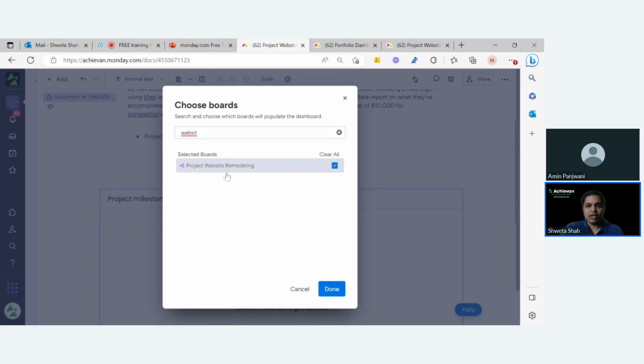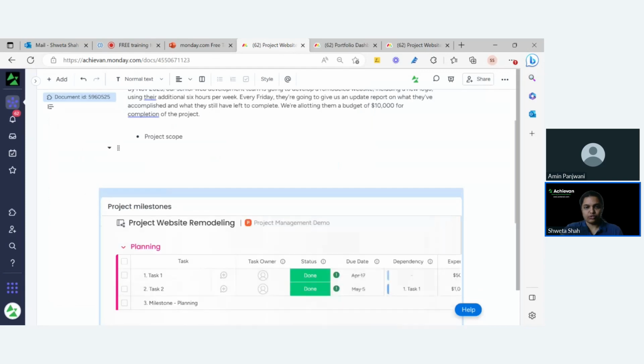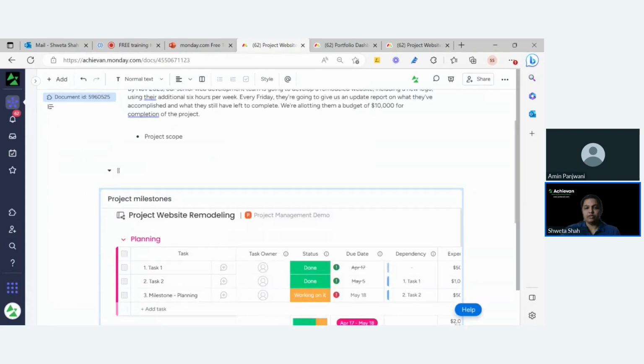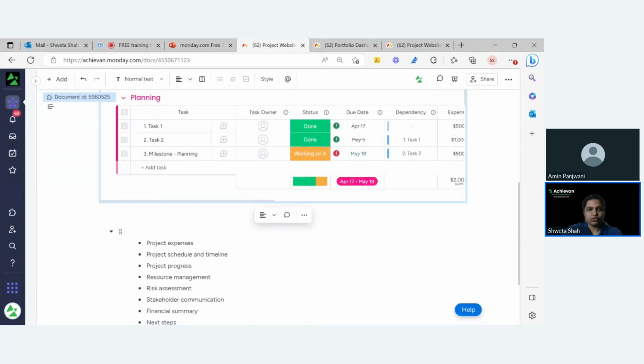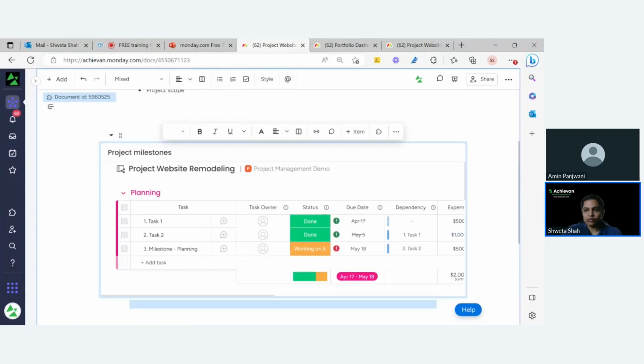And you can select, similar to the dashboard, one board, or you can select multiple boards. So right now I'm just using one board because this is just an individual project report. So I don't need to connect any other board. So now you have the table added, but because it's only a milestone report, I don't need all